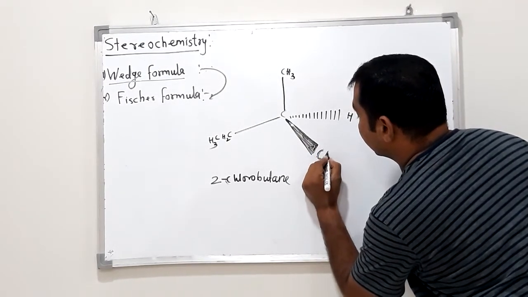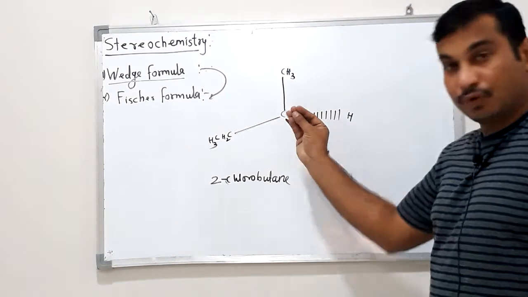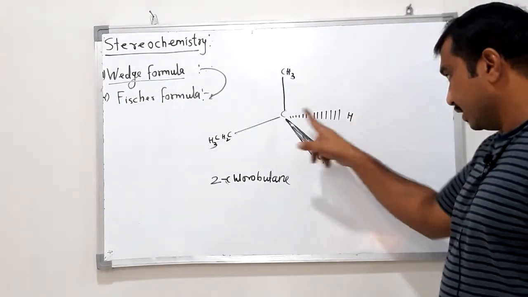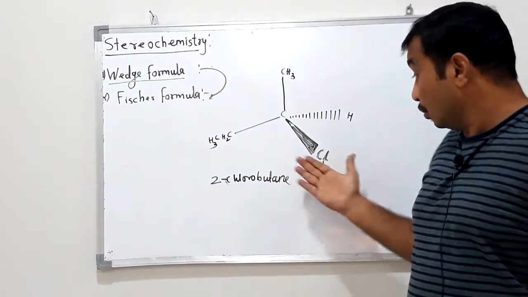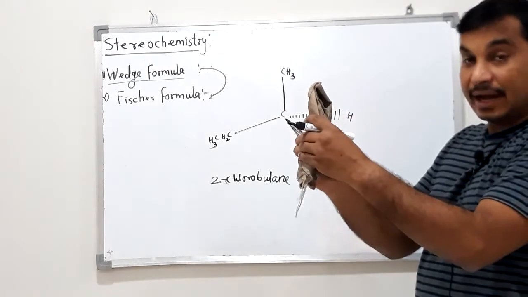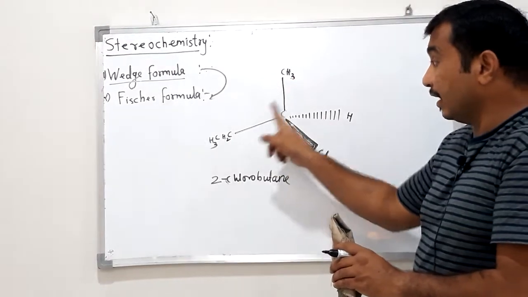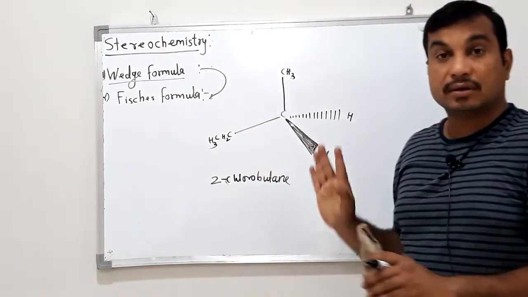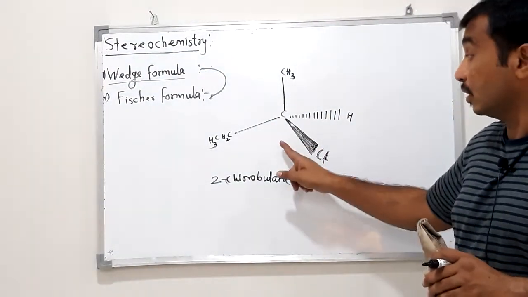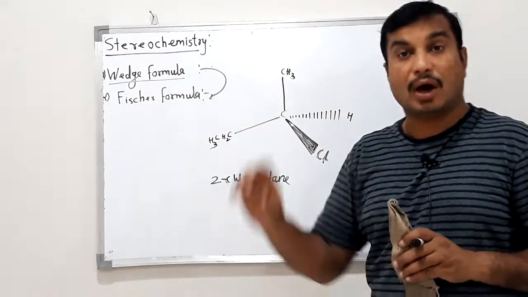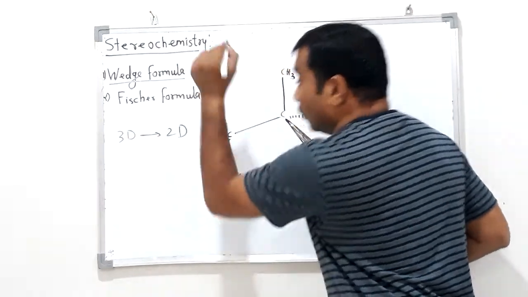Cl, chlorine atom. Now here chlorine is attached to carbon by a dark bond, it means it is moving toward the observer, out of plane. Hydrogen is attached to carbon by a dash bond, it means it is moving away from the observer, out of plane on the back side. Chlorine is present on the front side and hydrogen on the back side. And which substituents are in the plane? Methyl, ethyl and carbon. These three are in one plane. Okay, now this is a three-dimensional structure. We want to convert this three-dimensional into a Fischer projection formula or planar structure, 2D, 3D to 2D. What do we have to do?